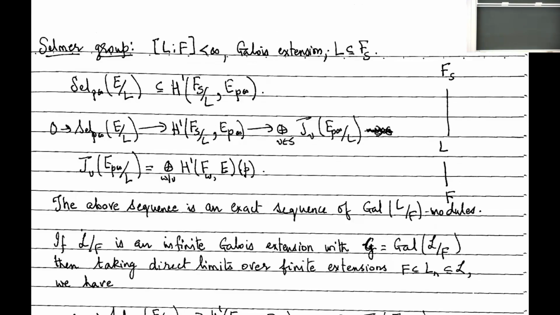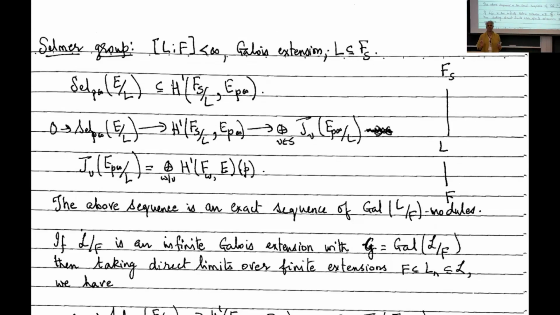And I'll be working again because I want to define the Selmer group. Most of you have probably seen the Selmer group at finite levels because we know that the only way to get our hands on the rank of an elliptic curve is via studying the Selmer group. And the Selmer group is going to be defined in terms of cohomology. I'm going to define it in terms of cohomology.